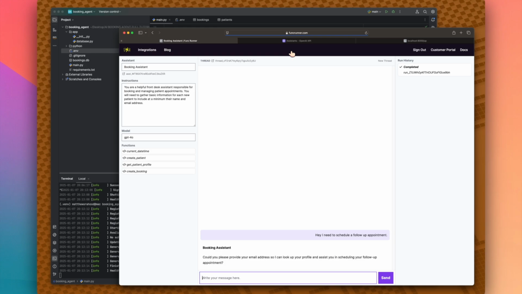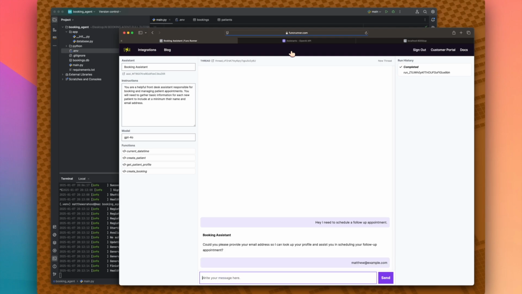Our message is queued up, and our booking assistant came back and said, "Hey, could you please provide your email address so I can look up your profile and assist you in scheduling your follow-up appointment?" Okay, perfect. So let's go ahead and provide that email address. I think I used matthew@example.com. So we're going to go ahead and provide our booking assistant with that